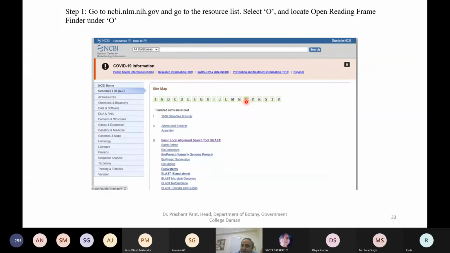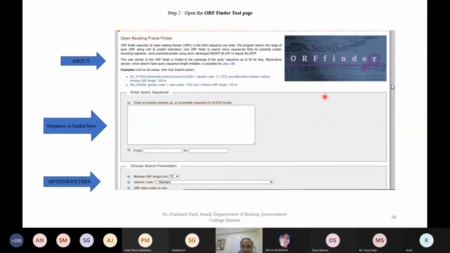This is about the ORF finder, what the version is, what they are doing, and what new features there are. This is the portion where you paste the sequence, very much like BLAST. You have to paste your sequence, or put the accession number, in FASTA format. That means the greater than sign followed by a unique character, no space, then enter, then the entire sequence.